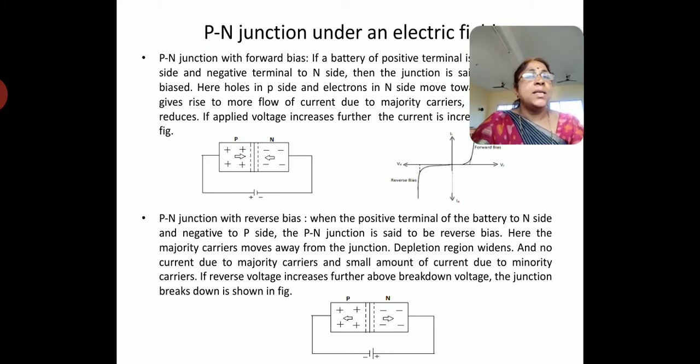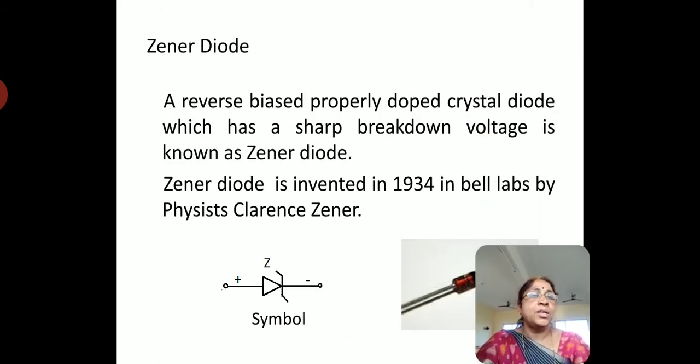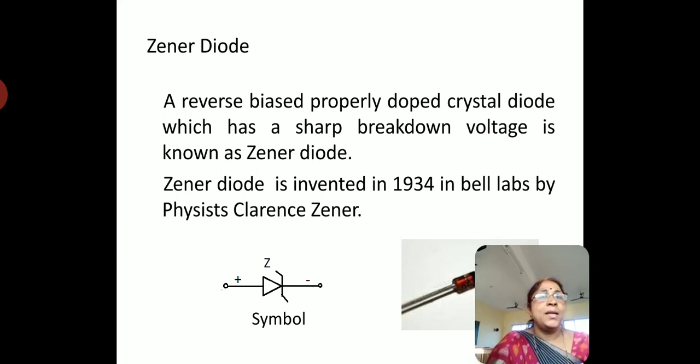Therefore, this diode works in forward bias only. In case of reverse bias, it gives a small current. If we increase the voltage, then the diode may break. But Clarence Zener made the theoretical explanation of why we cannot use this large amount of current in the breakdown region for voltage regulation purposes. Therefore, he made a diode, and after the invention of this diode, it is identified as the Zener diode.